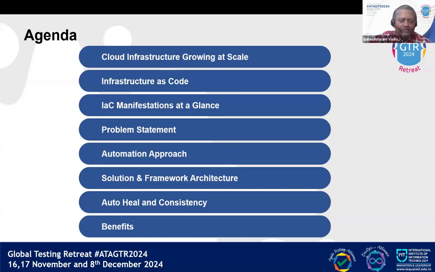What are the general problem statements we have while deploying the infrastructure on the cloud, and what is our automation approach and solution, and the unique solution we developed for IAC, the framework architecture, and apart from that, a key element of auto heal and consistency solution we have within our framework. Finally, we see the benefits.